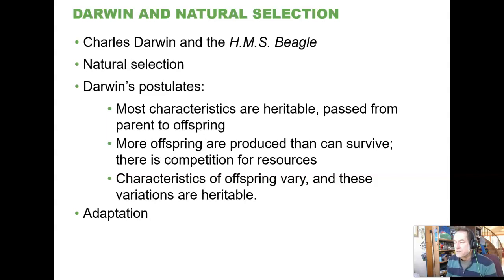A baby elephant, for instance, whereas a baby trout has an incredibly low chance of making it to adulthood. And that's why trout have thousands, if not hundreds of thousands of eggs that they lay, because so few of them will make it to adulthood. There's so many different ways in which that works out. But the long and short of it is, inevitably, populations are going to reach a point as they grow where more offspring are produced than can survive. And so this sets up a competition, which is the key idea of natural selection.